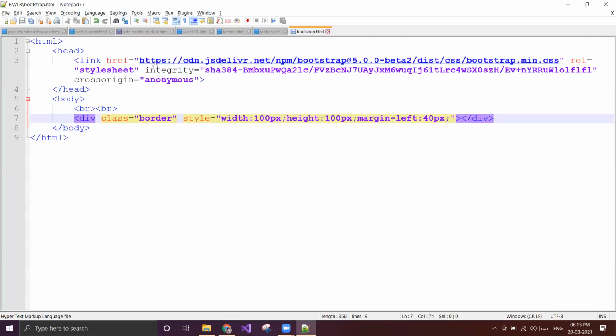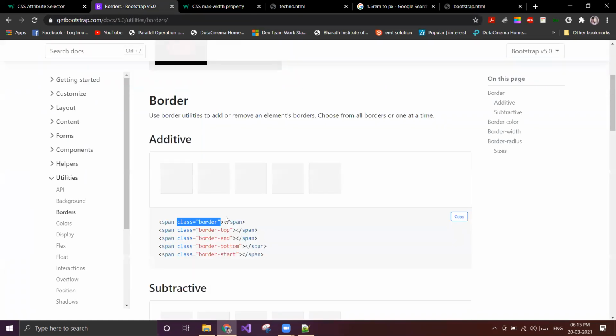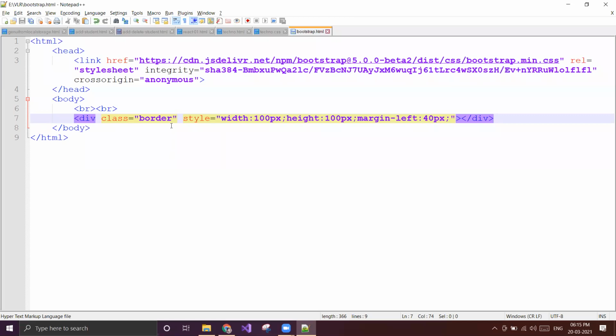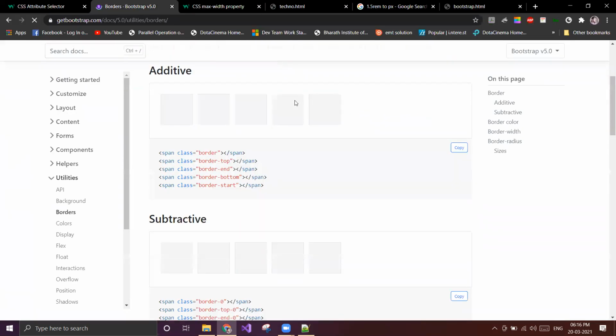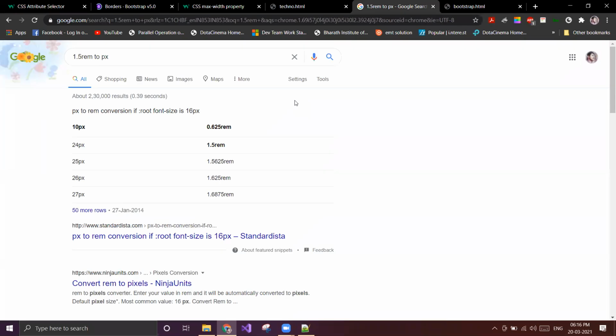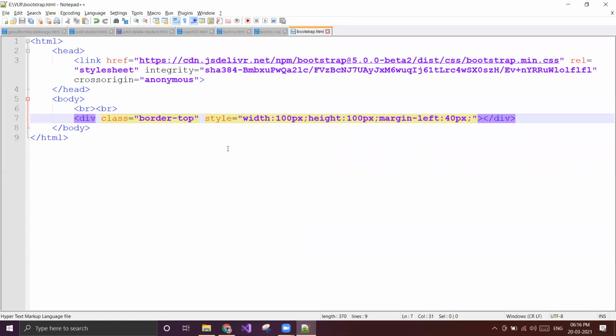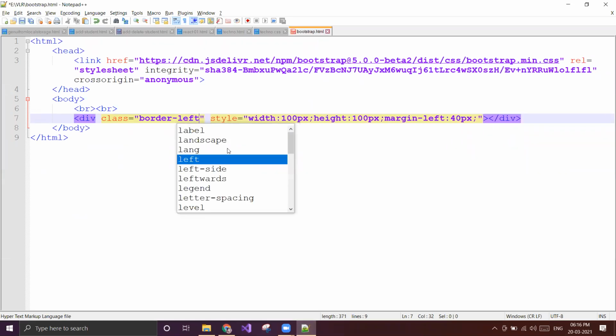Now, what are the other styles that we have for border? We have border top. If I apply border, it gets border from all sides. What will happen if I apply border top? Only for top it will get. You see, like that we can apply top, left, right, everything.